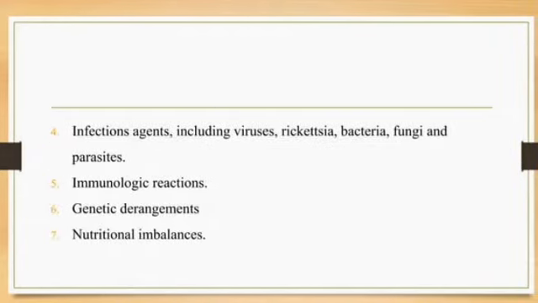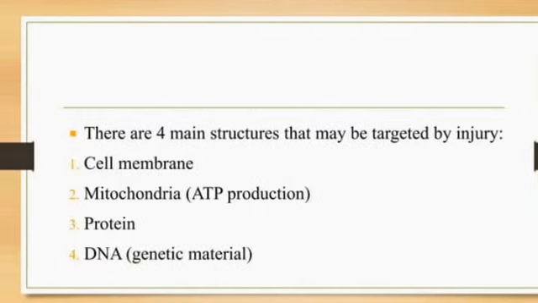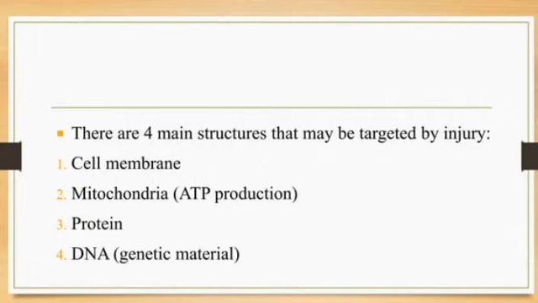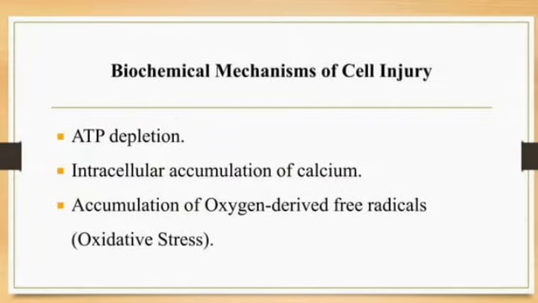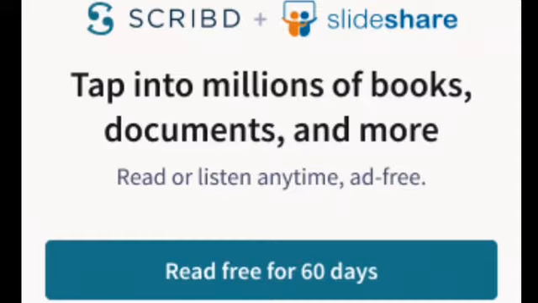Infectious agents include virus, bacteria, fungi, parasites, and rickettsia. Immunologic reactions, genetic derangements, nutritional imbalances. There are four main structures that may be targeted by the injury: cell membrane, mitochondria, protein, and DNA. Biochemical mechanisms of cell injury: one is ATP depletion, another one is intracellular accumulation of calcium, and accumulation of oxygen derived free radicals, which is the oxidative stress. Next we can go for